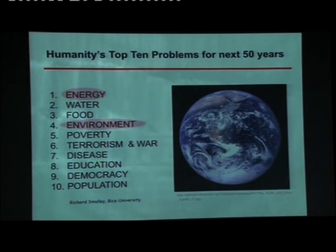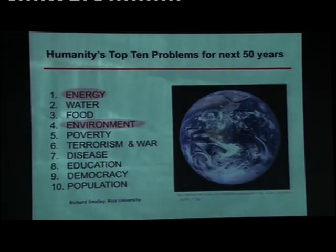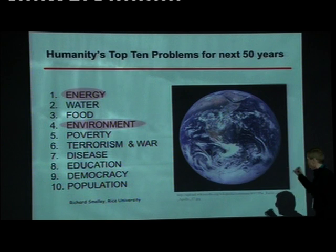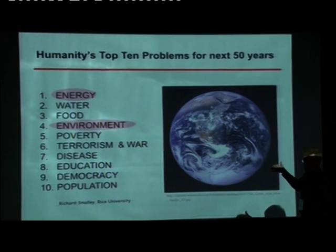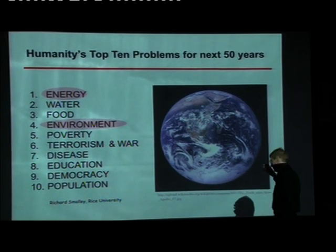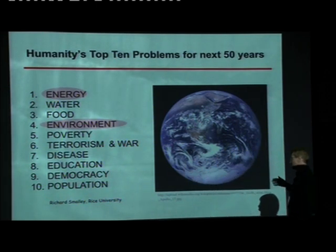Let me finish up with solar fuels, just some aspects of this. I've got to get my handle on this. So there's a list of the 10 challenges facing mankind from Rich Smalley, but most people agree. He passed away a few years ago. He won the Nobel Prize for fullerenes. Energy is really at the top of the list for a number of reasons. One is we're running out of fuel, but the bigger issue the last 3 or 4 years, with incredibly rapidly changing climate, is the environment. Every indicator that we have, not just the amount of CO2, which is now 400 parts per million from burning fossil fuel, but many others, are